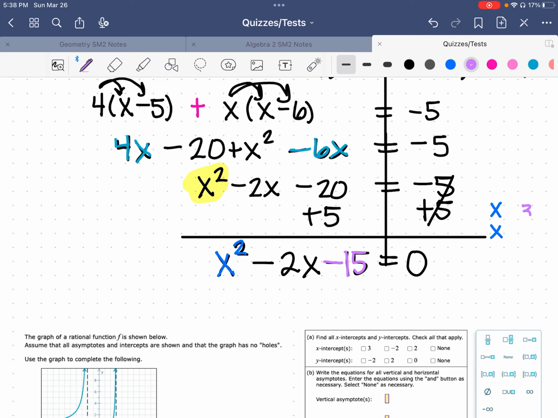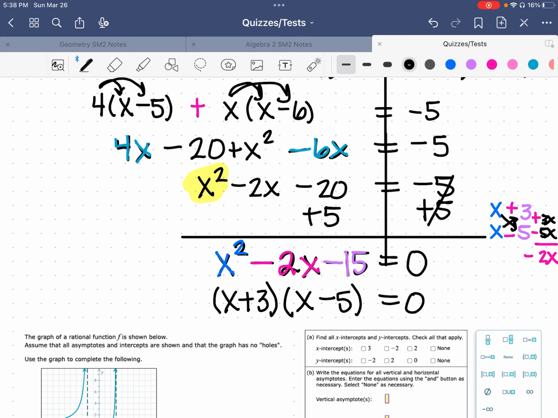I'm going to go ahead and use 3 times 5. It's the only one that I can think of right off the top of my head. So I'm going to go ahead and use it. And I think I can make 3 and 5 be 2. I can make them be -2 if the 5 is negative, right? So I can go ahead and factor this into x plus 3 and x minus 5